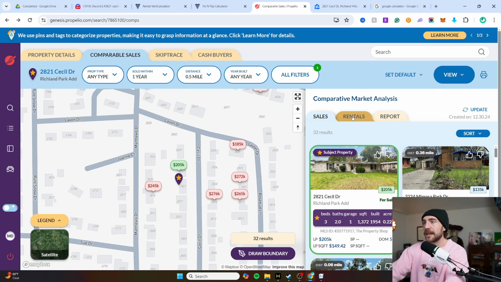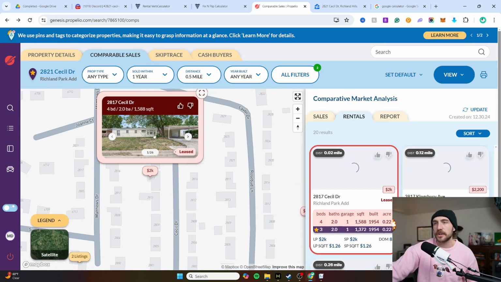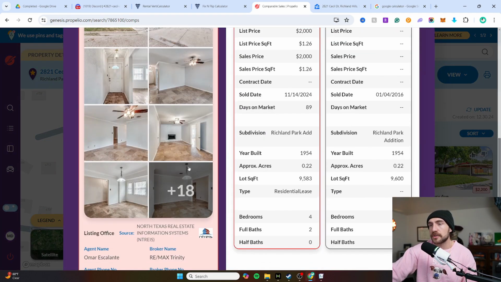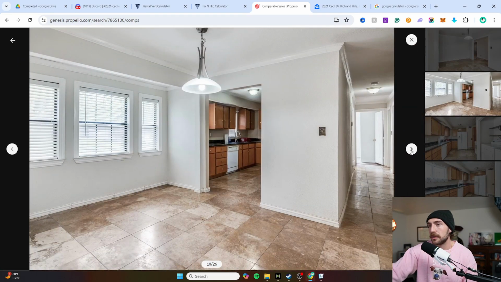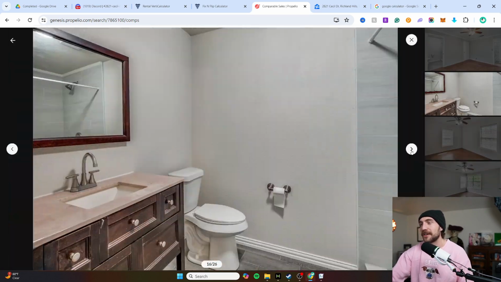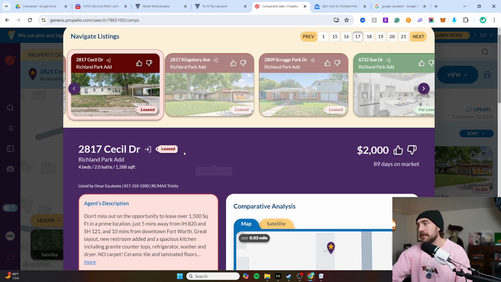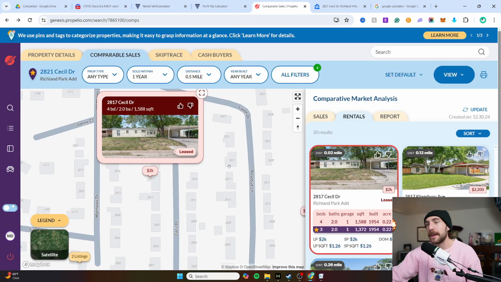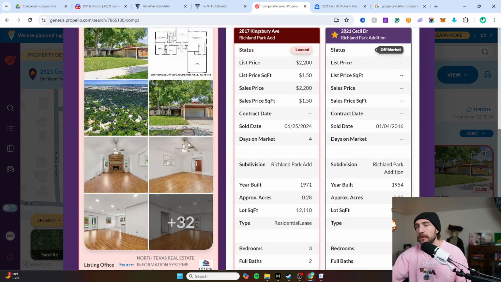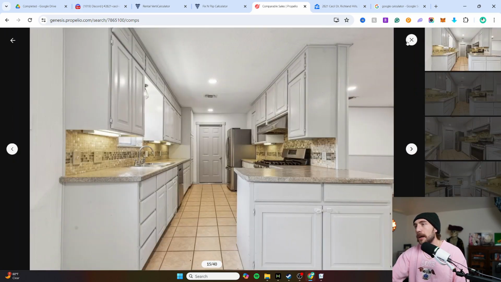But what I'll also look at is what does it comp for as a rental? And it looks like this house right next door is 2,000. Okay. And what's the condition? That looks awful. And that's the thing, guys. Most rentals, you don't have to spend as much money to fix them up, which is really cool. So this property rented for 2,000. If we made ours nicer, it should rent for more. This one rented for 22. This one's a better comp anyways, and it's a nicer house. Okay, cool. So we could easily say rent at our property will be 2,200.